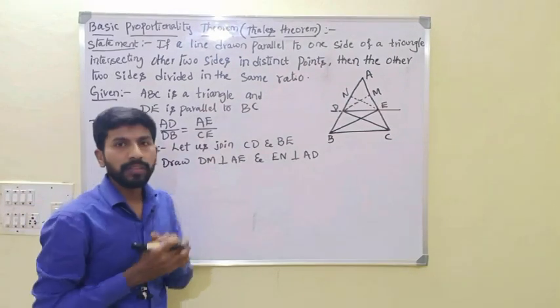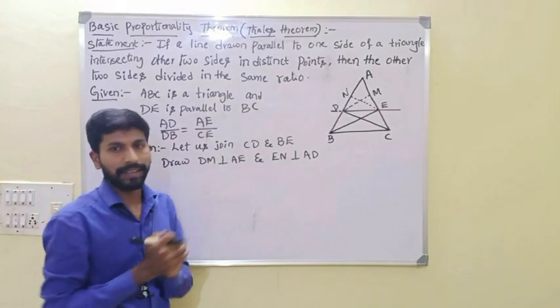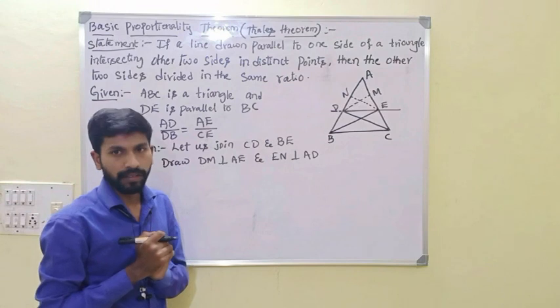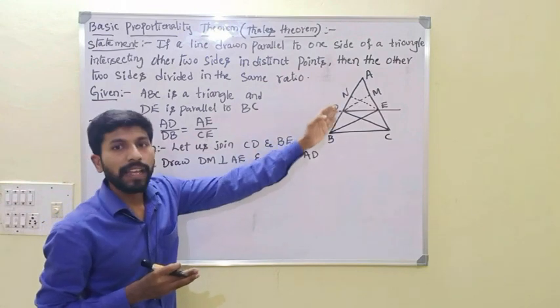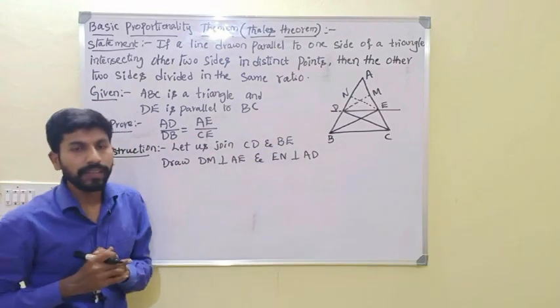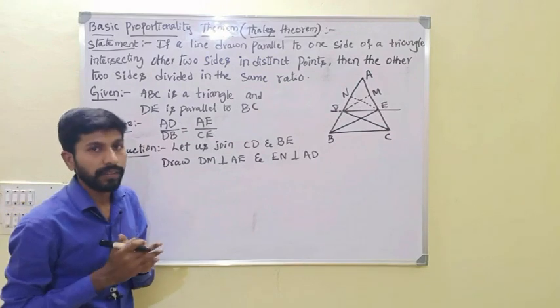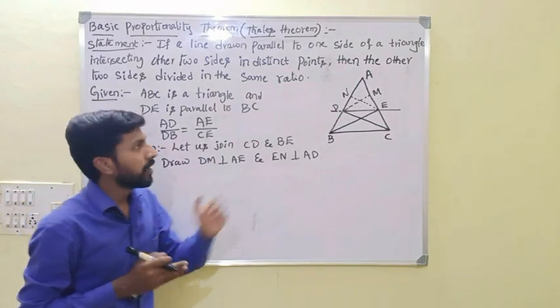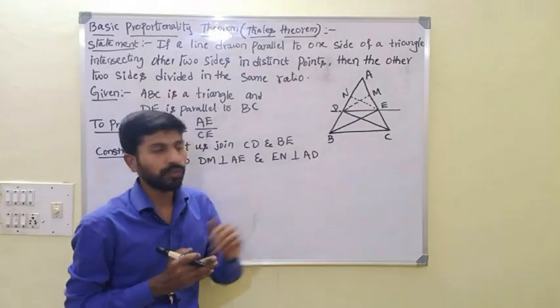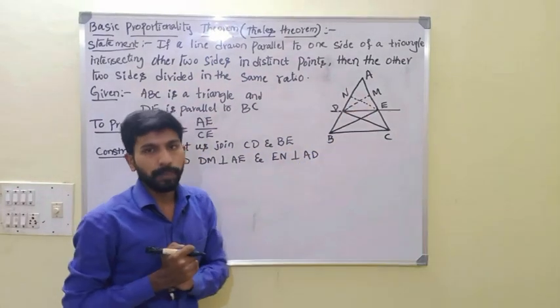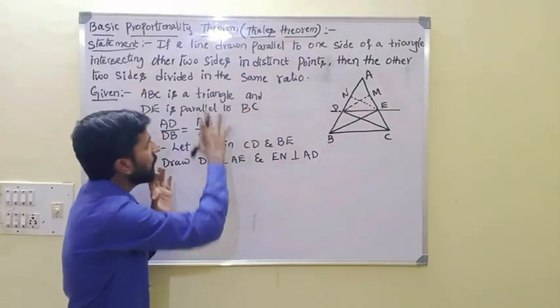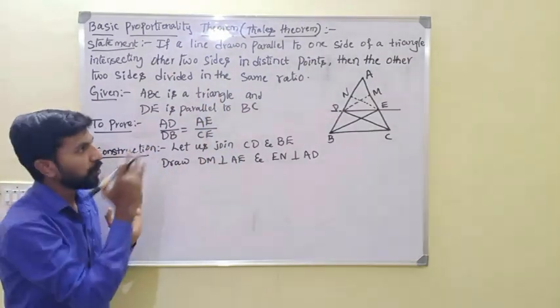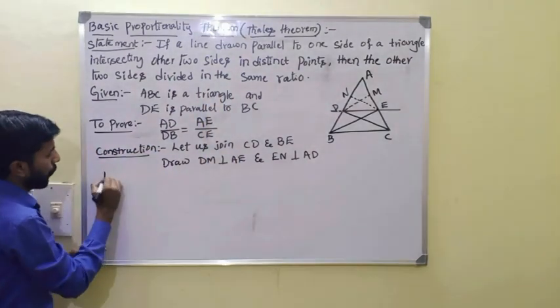And why do we have to take these perpendicular lines? Because in 9th standard or earlier classes, you might have already learned, the area of a triangle is always half into base into height. The height is the perpendicular height. Here we don't have any perpendicular heights, so that is the reason I have drawn a perpendicular. Now, by using this data, I am going to prove this theorem. Proof.